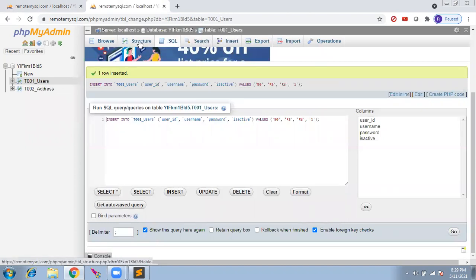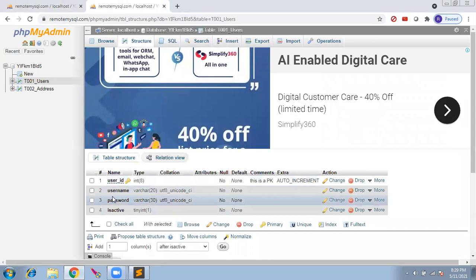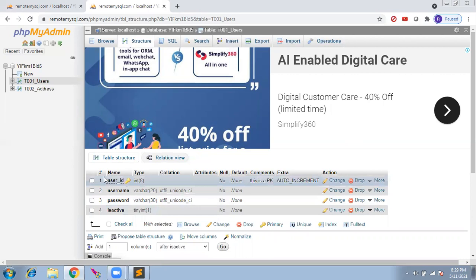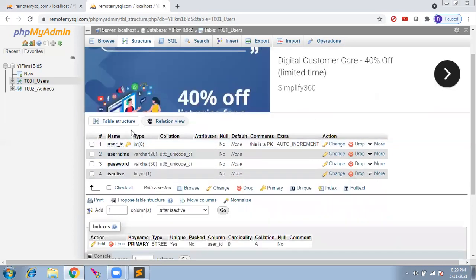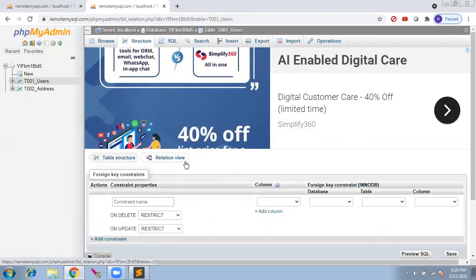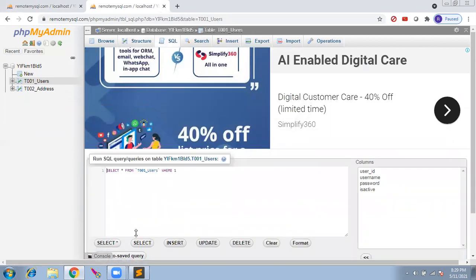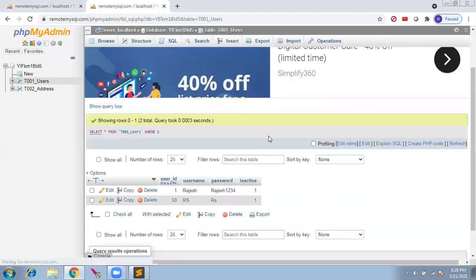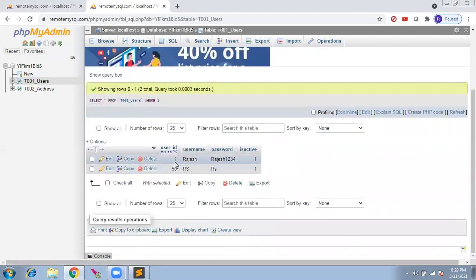If I go to browse the table, where is the... I think I inserted wrongly. Okay, if I go to SQL, select from user, I have 50, yeah. So I have the user ID 1 and manually I inserted 50.